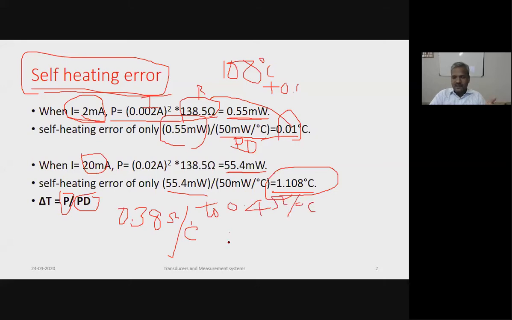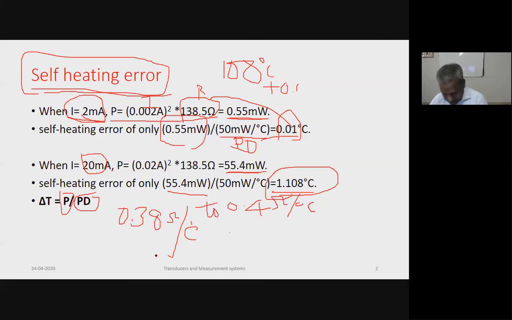We also calculated the resistance of RTD for various degrees Celsius, which we discussed last class. We calculated for 30 degree, 50 degree, 100 degree, 150 degree, 200 degree. Actually, the RTD's initial nominal resistance is 100 ohm. PT100 platinum element gives 100 ohms at 0 degree Celsius.